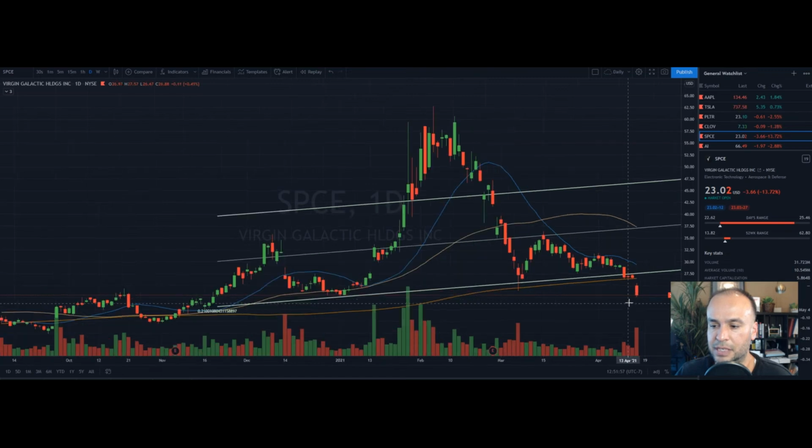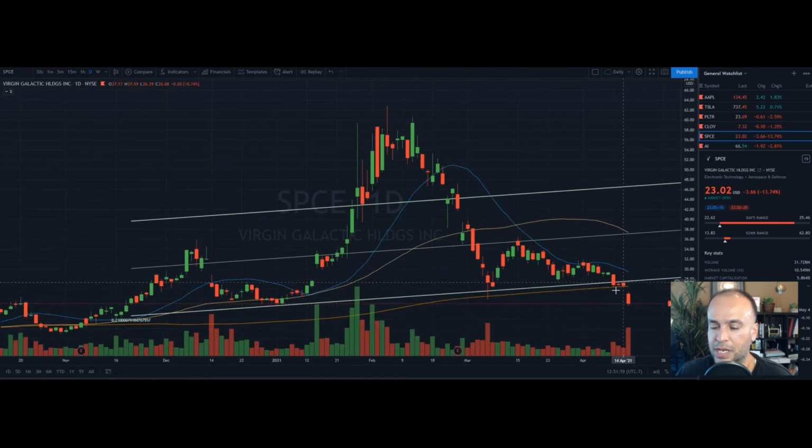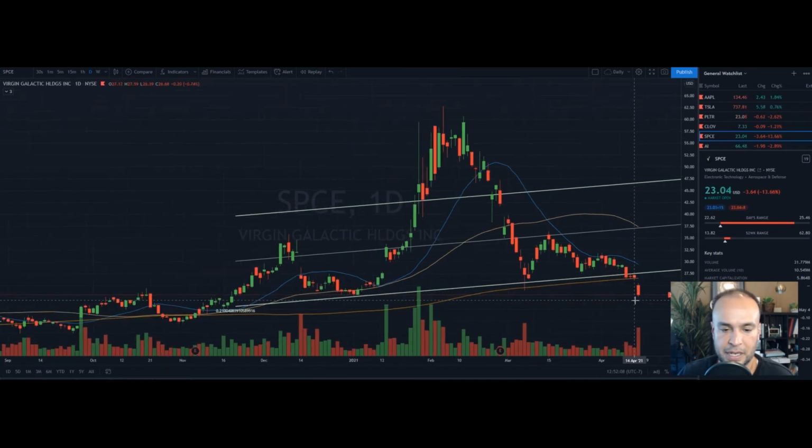But what's really interesting about this move is I had mentioned that we had a really good, strong 200-day support and consolidation here, and we broke that today. And so now we're really just kind of out here. And I was looking at previous daily candles, and you can see that we're just breaking a lot of these supports. And so we had some consolidation back here in late December, early January, before we really started to take off. But look at the volume.